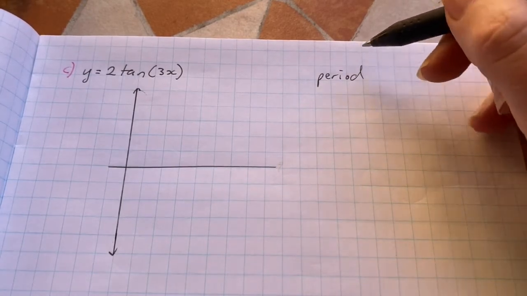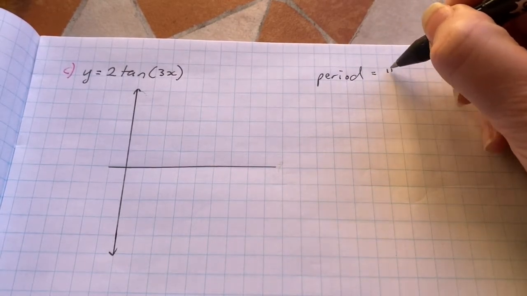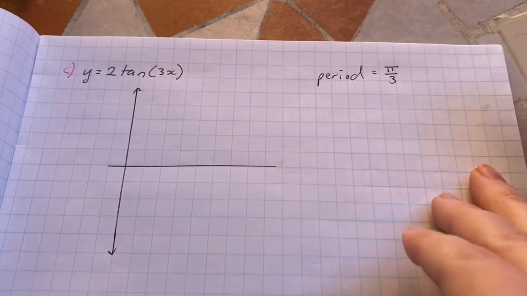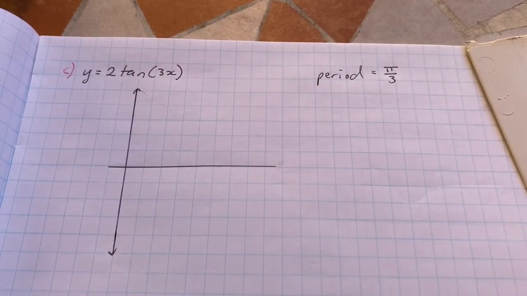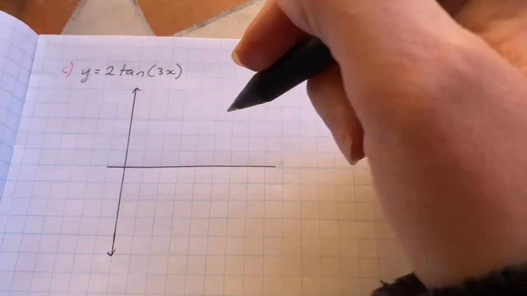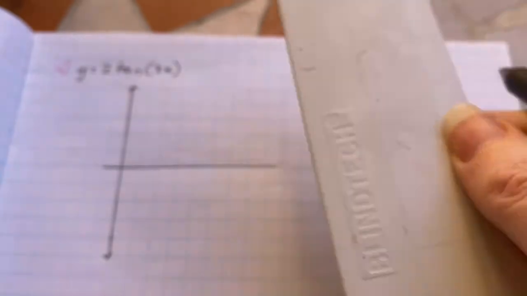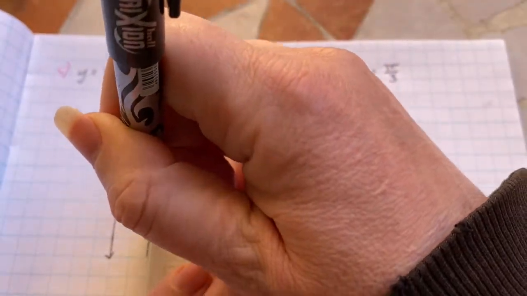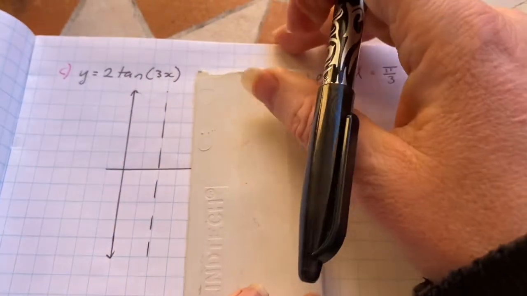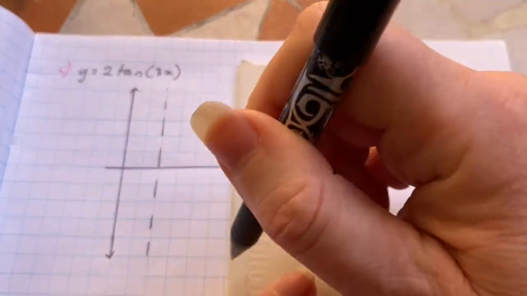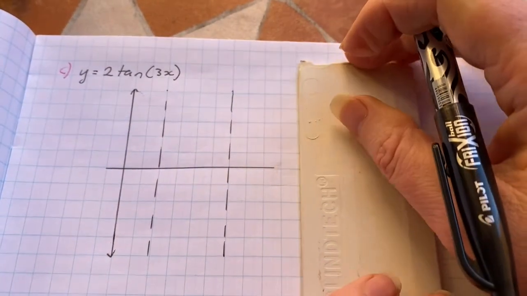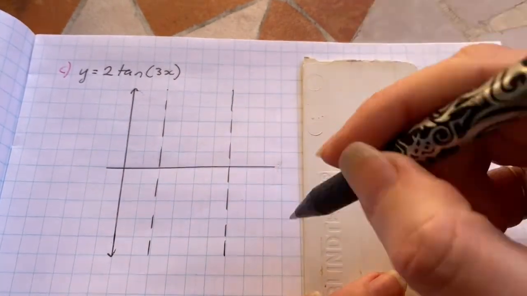So the period here will be pi on 3. Okay, that's pi over a. Now, in terms of drawing this one, the first thing I'm actually going to do is just put in some asymptotes, because I know I'm going to need asymptotes. So there's an asymptote. Now I go twice that distance away from my next asymptote, twice that distance away for another asymptote,